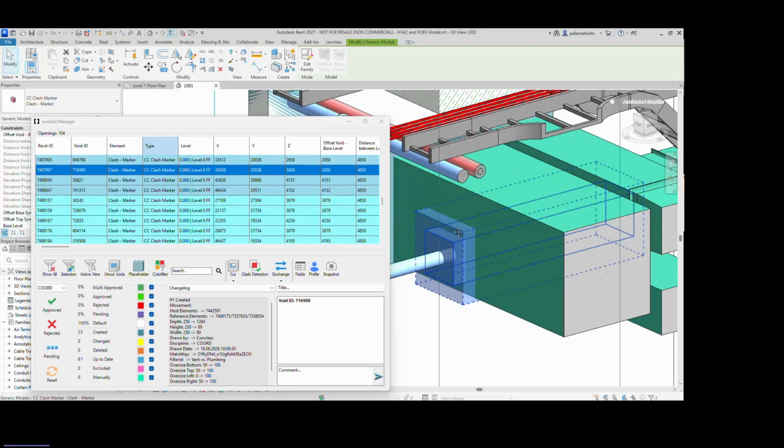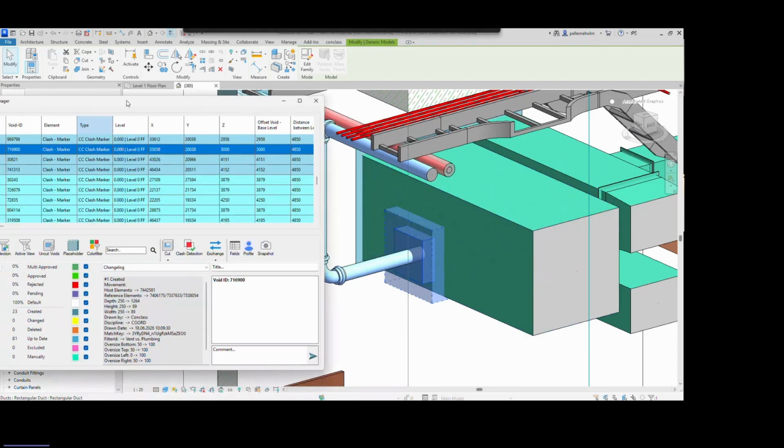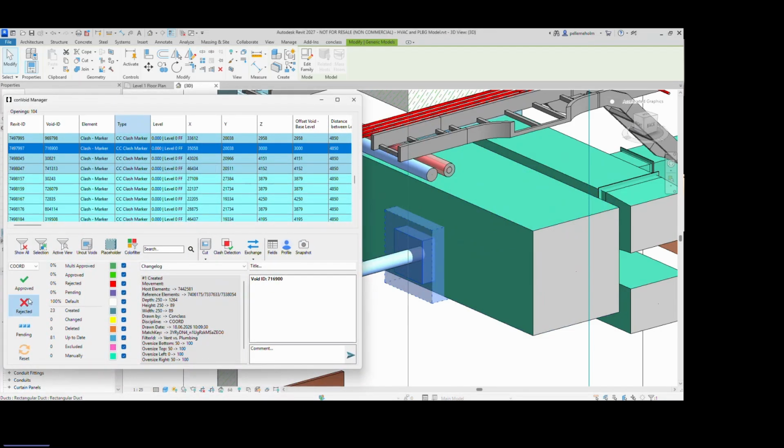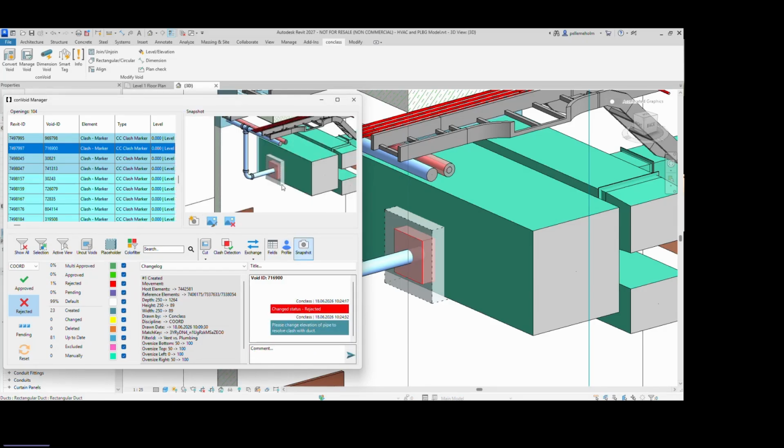Okay, here's a good clash. The pipe duct intersection. I will simply reject that. Tell, please, change elevation of pipe to resolve clash with duct. And I also add a 3D screenshot,